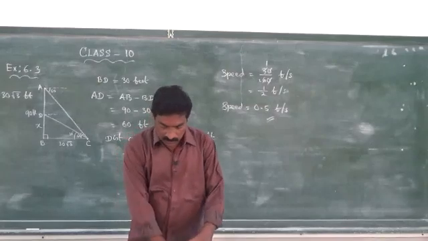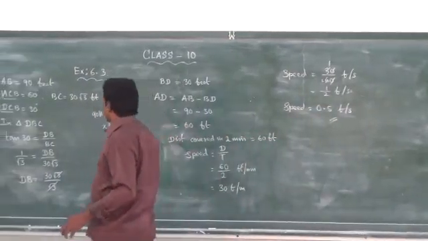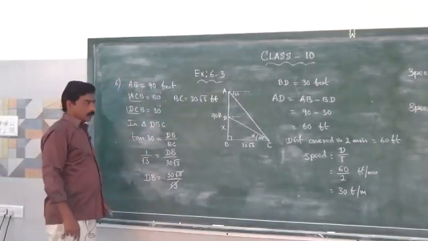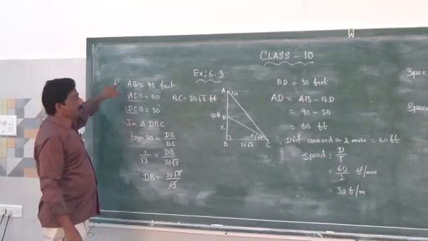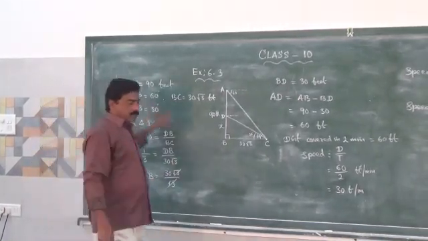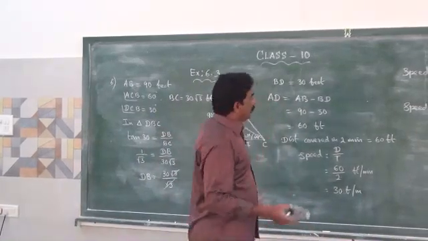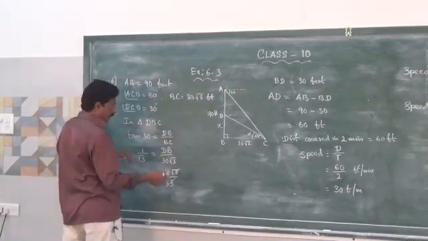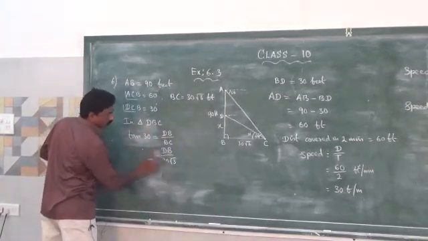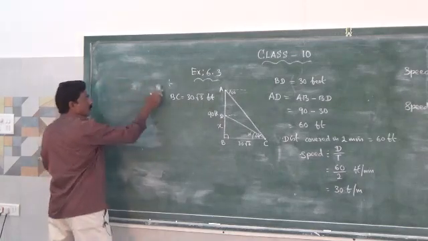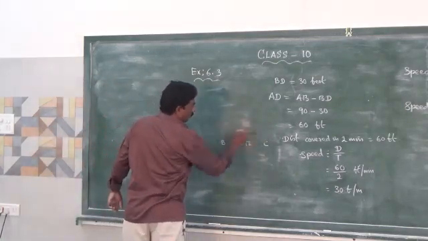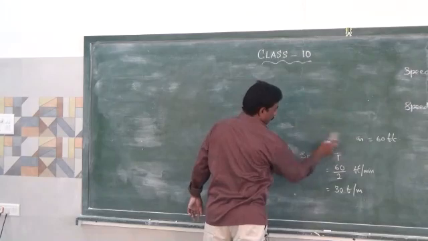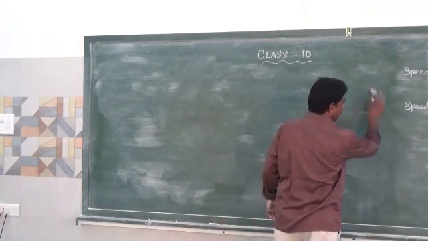So far in this exercise, we dealt with problems involving angle of depression. And in the previous exercise, we dealt with the angle of elevation. Now, in the next exercise, we are going to deal with both combined. They will give both the angle of elevation as well as the angle of depression, and we have to solve the problem. So now, problems involving both. We will start with one simple example.